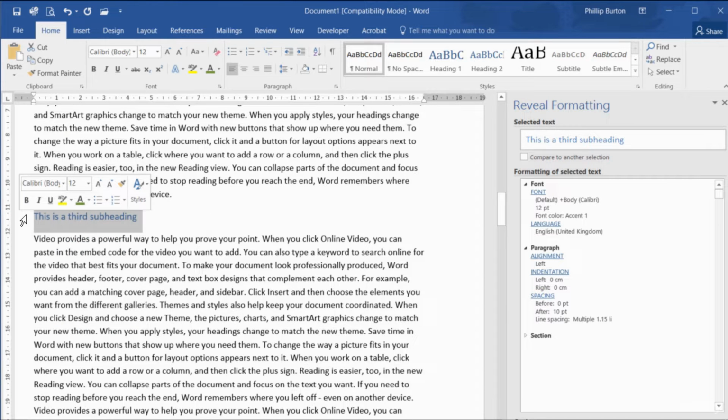And once I've said all of these are subheadings, once I've told the computer they're all subheadings, if I then change what I mean by subheading, so at the moment I'm saying maybe subheading is blue, but if I suddenly now say subheading equals green, then that will change all of the subheadings all at once. In the entire document, you might have a 99-page document, and suddenly everything changes from blue to green, at least